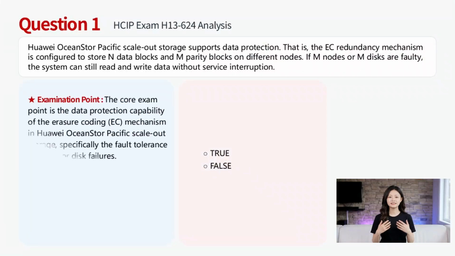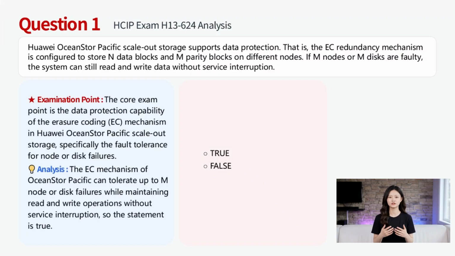Huawei OceanStor Pacific Scale-Out Storage adopts erasure coding (EC) as its core redundancy mechanism. The EC algorithm splits data into N data blocks and generates M parity blocks, then distributes all these blocks across different nodes or disks. This mechanism is designed to tolerate up to M simultaneous failures of nodes or disks, as the remaining data and parity blocks can still reconstruct the original data for read operations, and write operations can continue